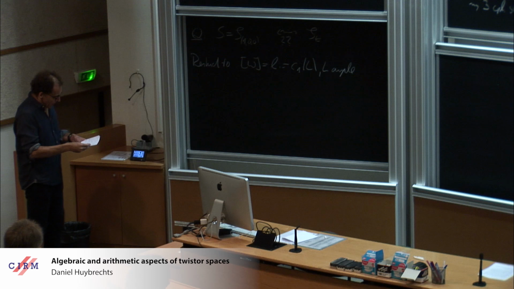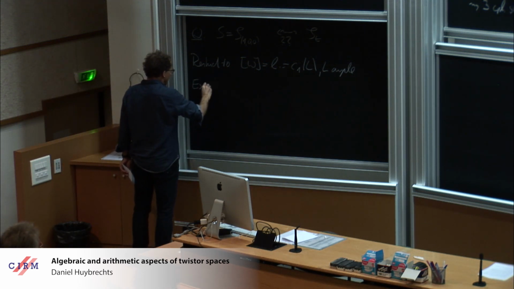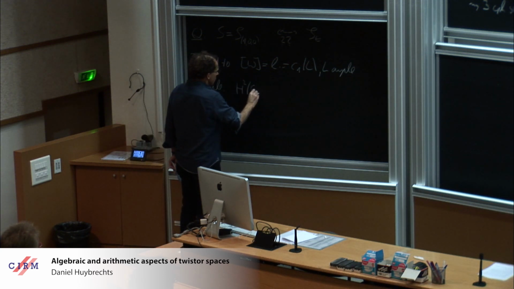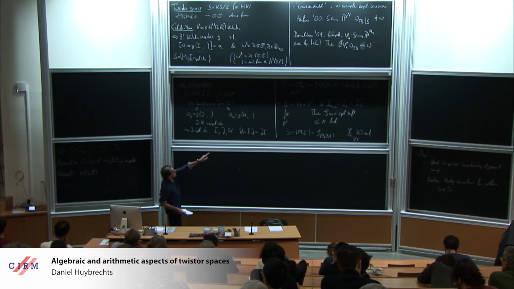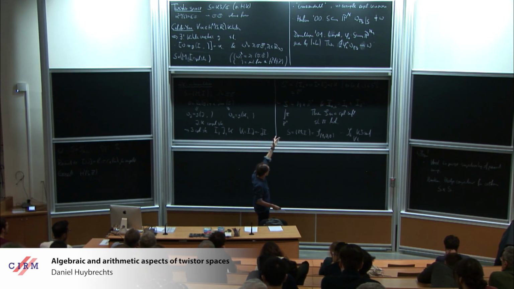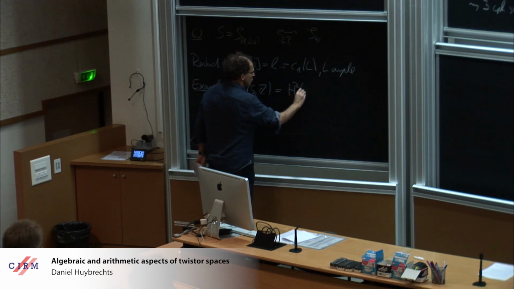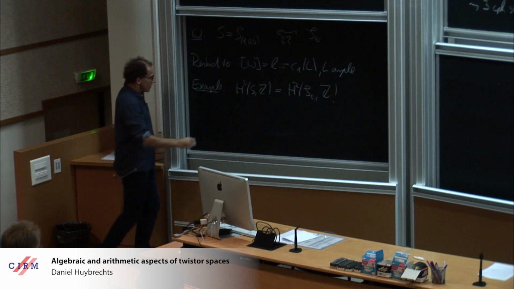Okay. So what do I mean by this? Here's an example. The second cohomology of S can of course be identified with the second cohomology of any of the fibers, because this S, as a topological differentiable manifold, is just M times P1. And of course all the fibers are naturally identified. So there's really an equality, if you want, to H2(S, Z). The Néron-Severi group